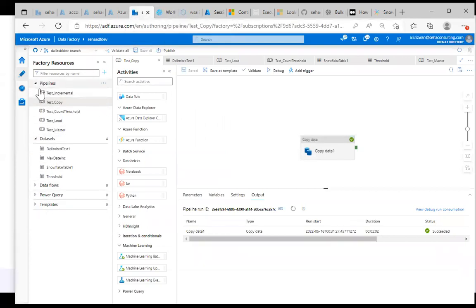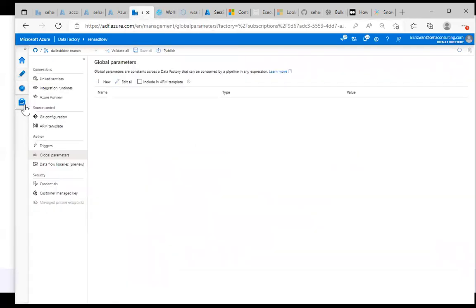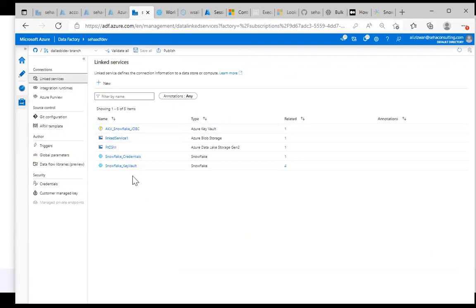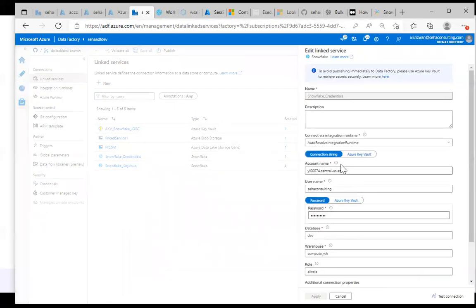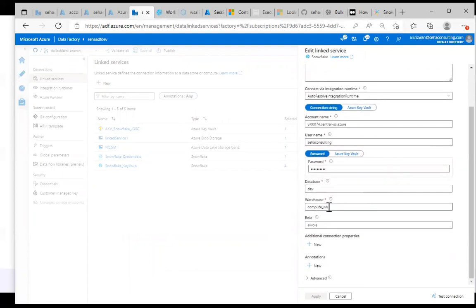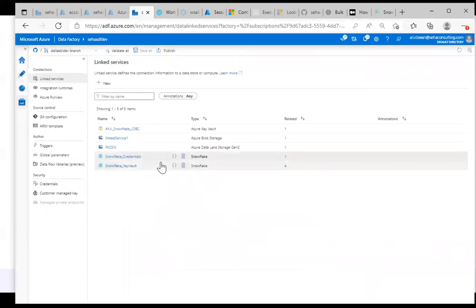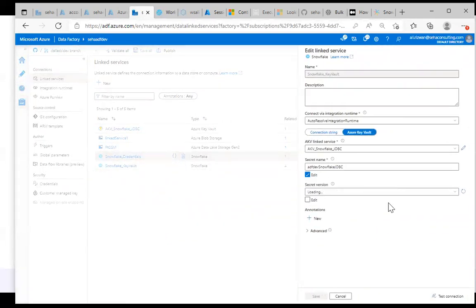actually, let me go into, you wanted to see KeyVault, right? Like how those are separate. Let me show that real quick. So in my credential, the one with credentials, I basically give my username and password right here. And I give the database name and the warehouse and the role that I'm going to use directly into the link service. Obviously, for development that may be fine, but if you want to have your production credentials, you don't want to hard code them in here. So if you want to use an abstracted layer on top of it,